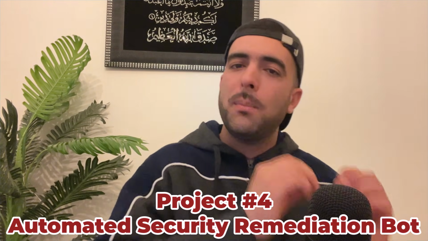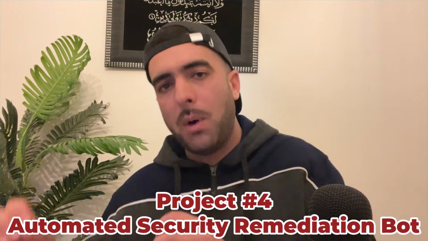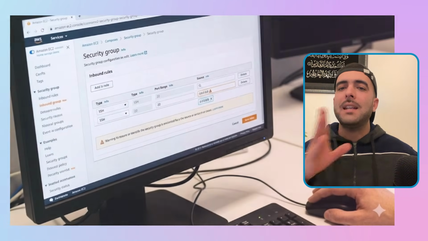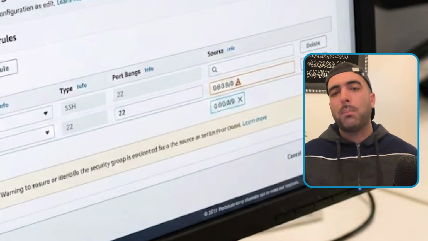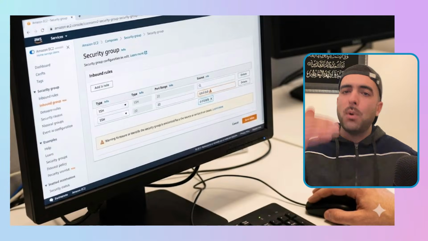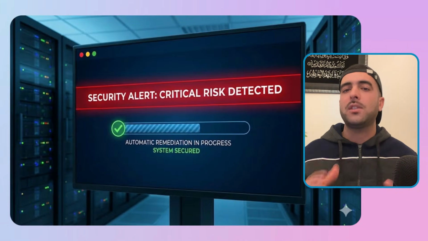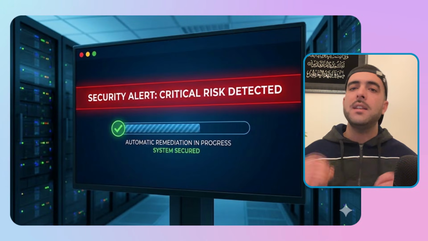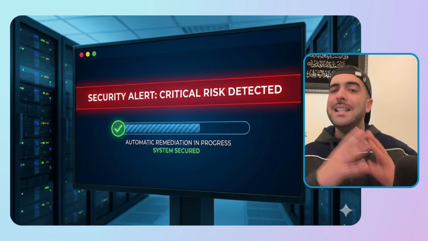Now the fourth project shifts gears into DevSecOps. So this is going to be an automated security remediation bot. For instance, we have an employee that gets frustrated with connectivity issues, so he decides to open up an EC2 security group port 22 to 0.0.0.0/0, meaning exposing it to the whole internet. Now, I don't have to tell you how dangerous this could be, so your system needs to detect this instantly